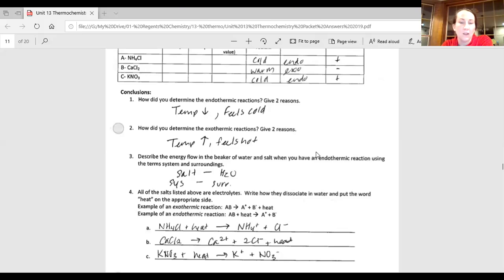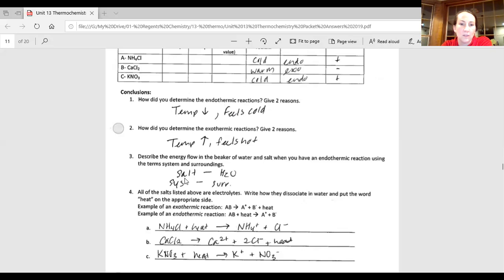Okay, so I gave you the data in case you wanted to do the problems on this page. I know some people don't like having pages empty in their packets. These are the answers. You can push pause and check them out if you want. But basically, you can tell an endothermic reaction because the temperature of the water goes down and it feels cold. Exothermic, temperature goes up, feels hot. Endothermic,